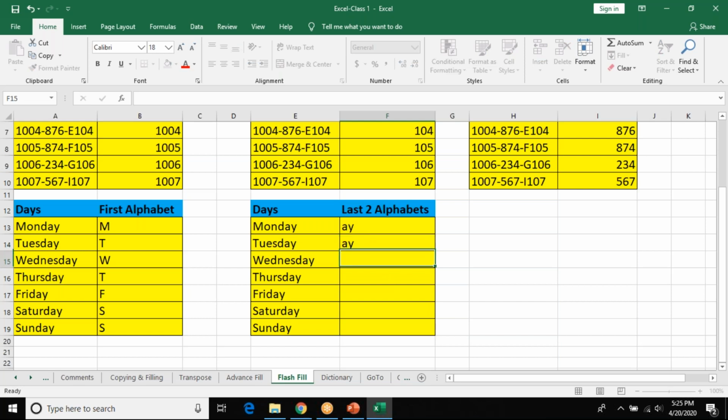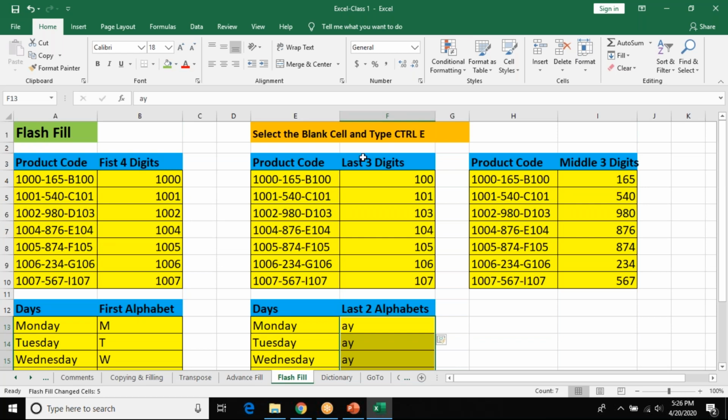Let's go for two cells. See, if you manually type at least one or two cells, because Excel is trying to understand from you what it is that you're looking for. Sometimes in the first cell only it'll understand. If it's not understanding, at least manually go for two or three maximum, and then select all the cells, Control E, and you will be able to extract. See, E is nothing but extract.